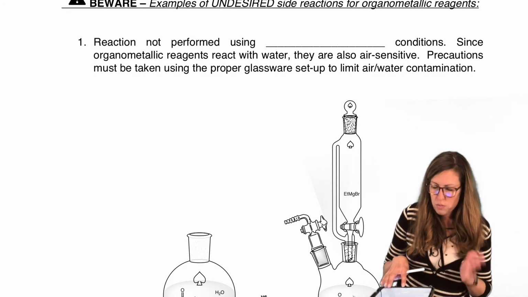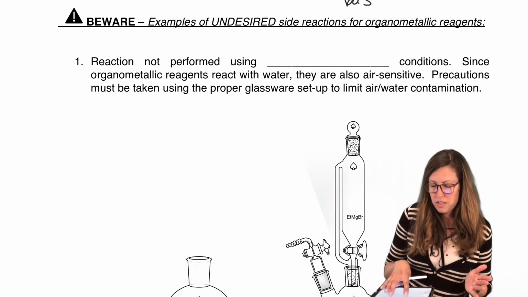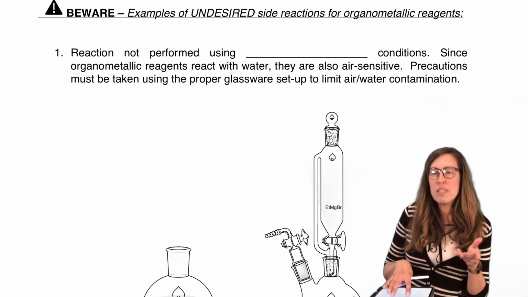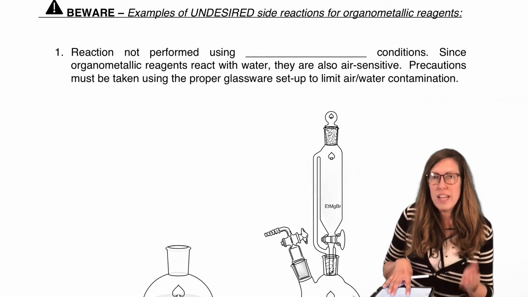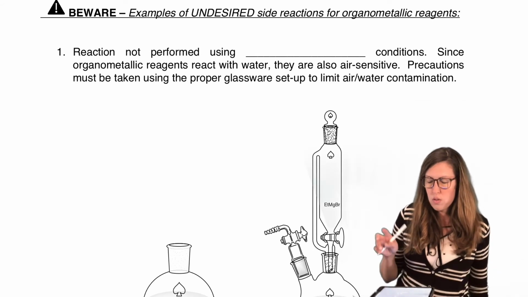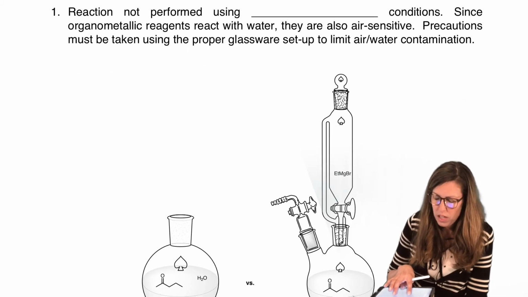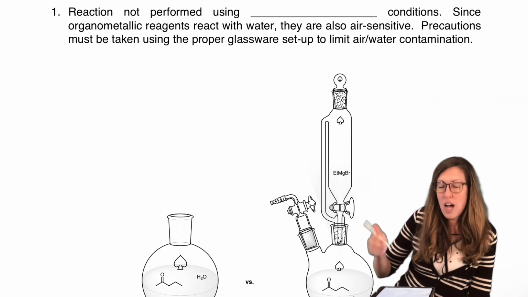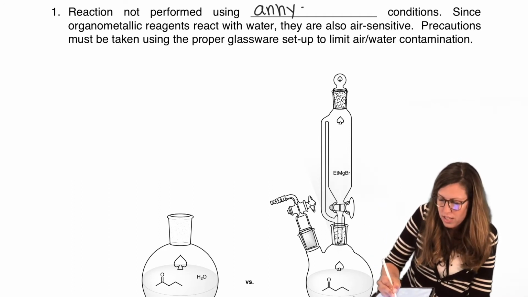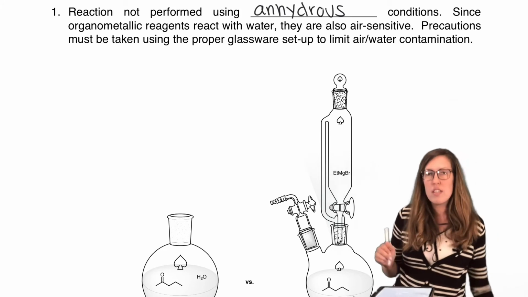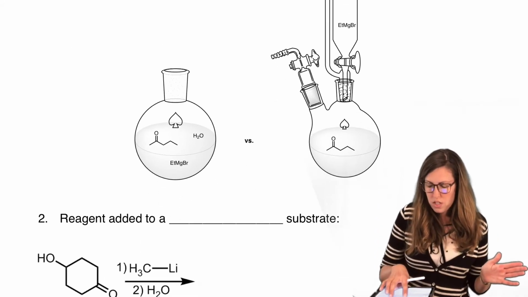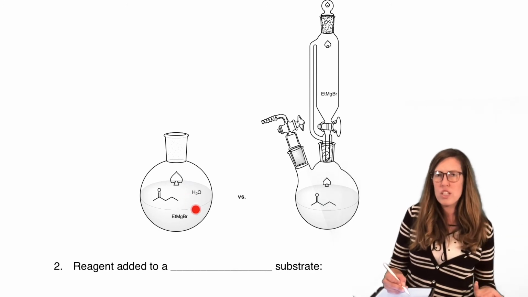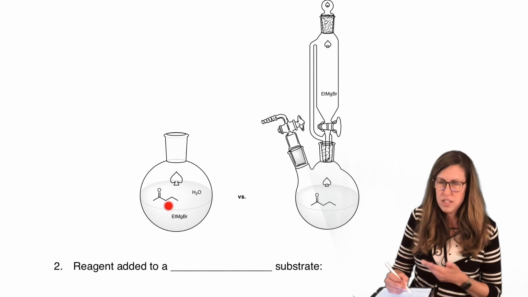So there's two reasons we can have a problem with Grignards, or any other organometallic for that reason. It all comes down to having a protic reagent or solvent present. So two ways it could go bad, and we want to watch out for that. So this is a real life thing. If you're in the lab, and the reaction is not performed using anhydrous conditions, the reaction won't happen. So in the lab, most of our reactions we'll do open to the air, stir, right? Nothing special. Put a stir bar in there and start mixing everything.